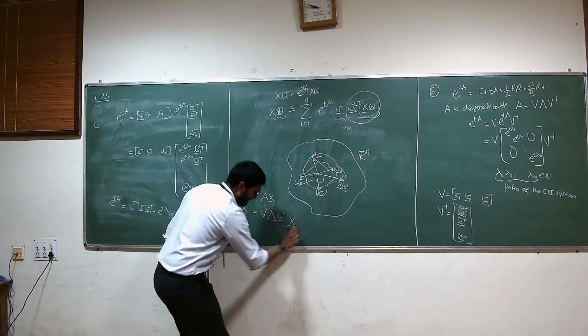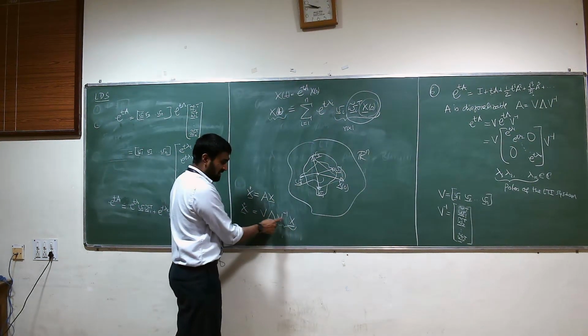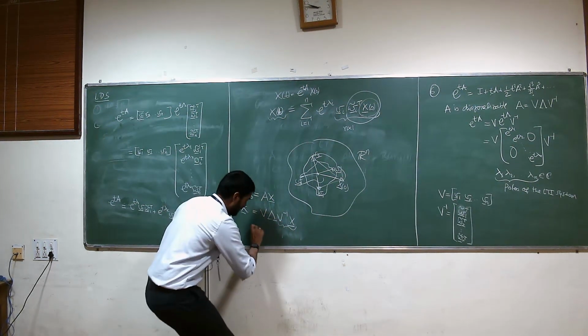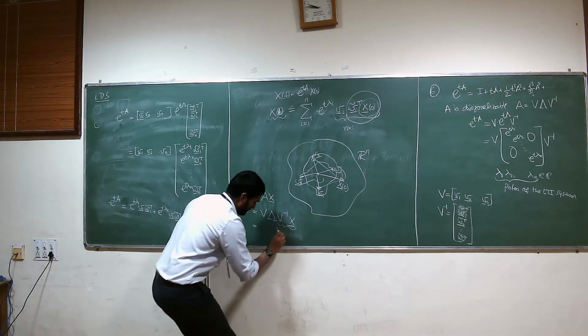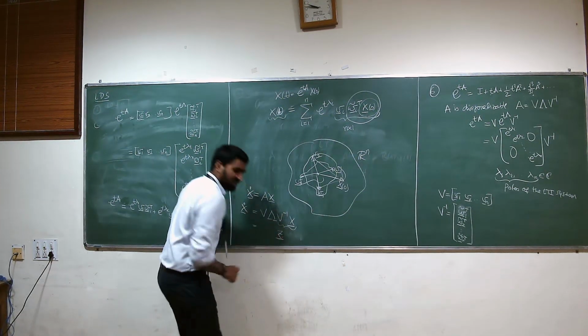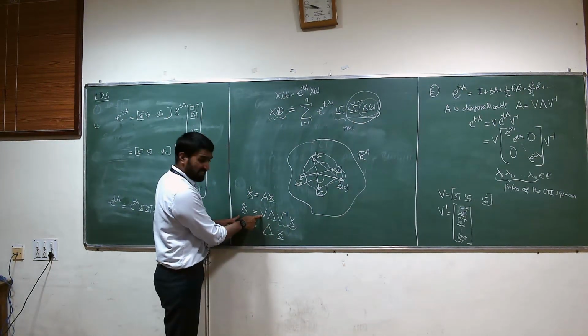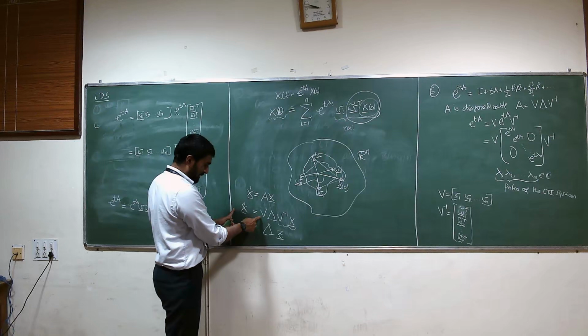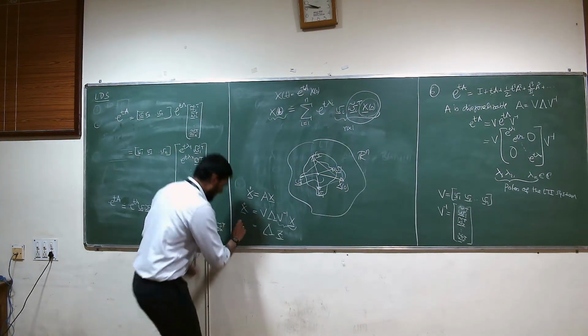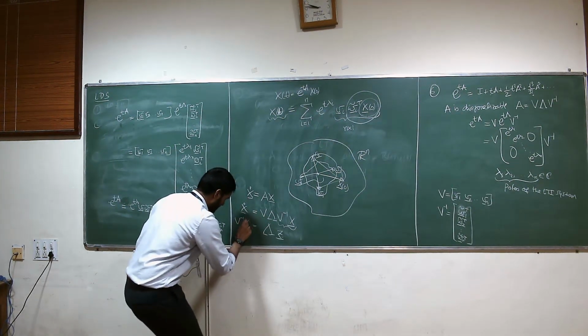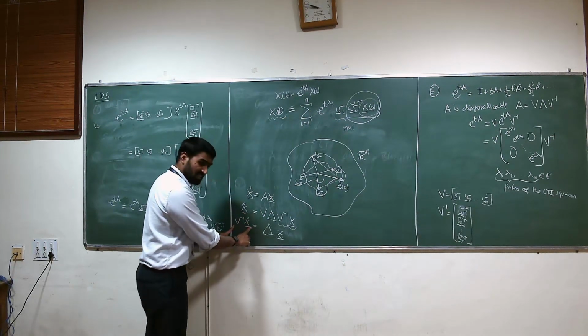Now, this is essentially the representation of the state vector in the eigenvector basis. Let me call it, let's say, not y, z. V is invertible, V inverse exists. So if I multiply both sides by V inverse, I get V inverse x dot. This is nothing but